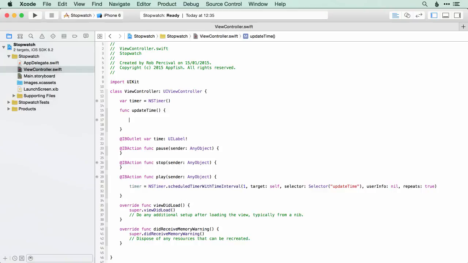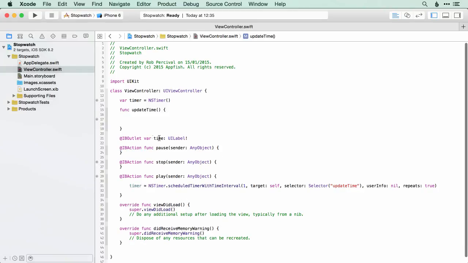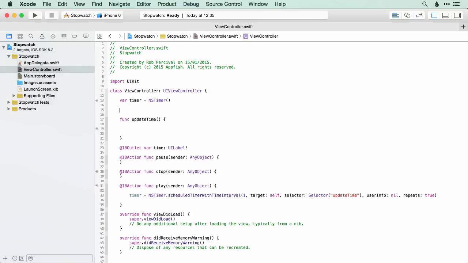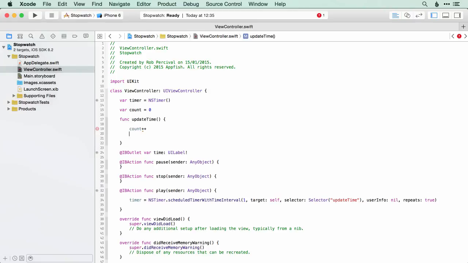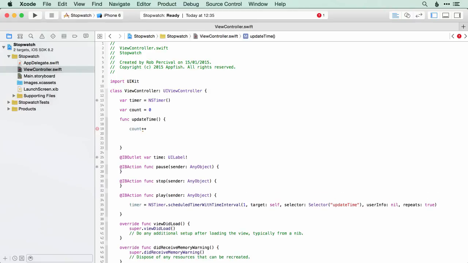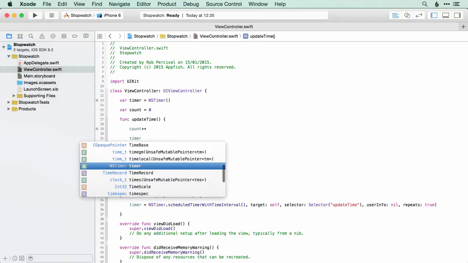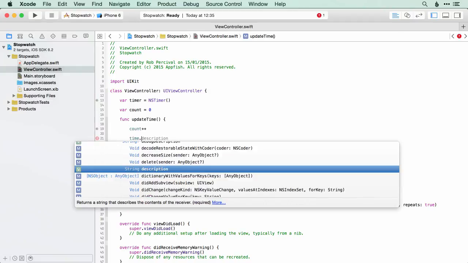So updateTime. All we need to do here is add one to our timer as before, and then update the time label when we need to. So we're going to need our count variable, which is initially equal to 0. And so just as I did a few moments ago, count++ to increment that by 1, and then time.text